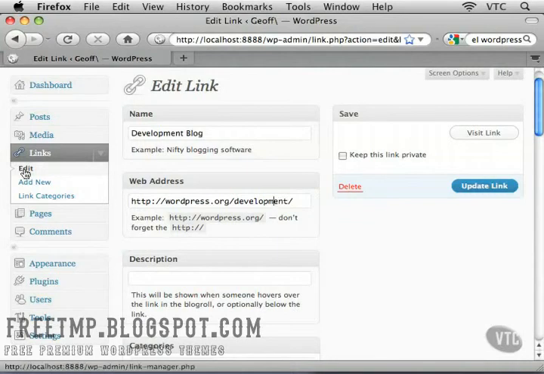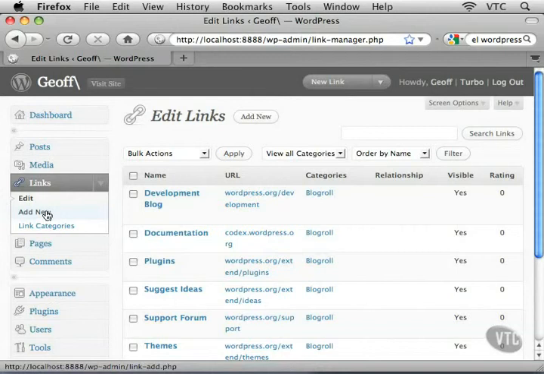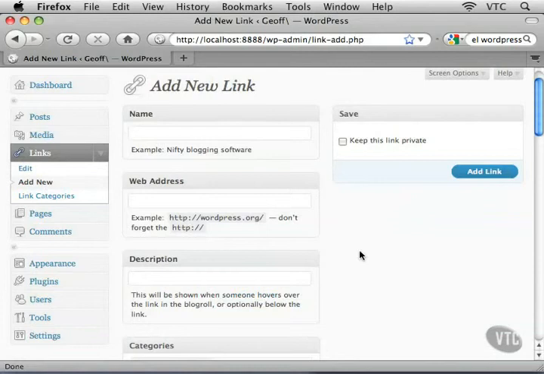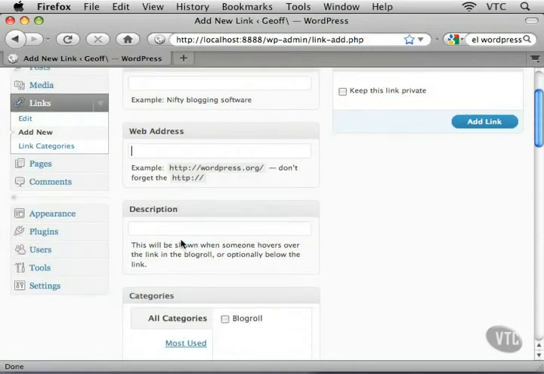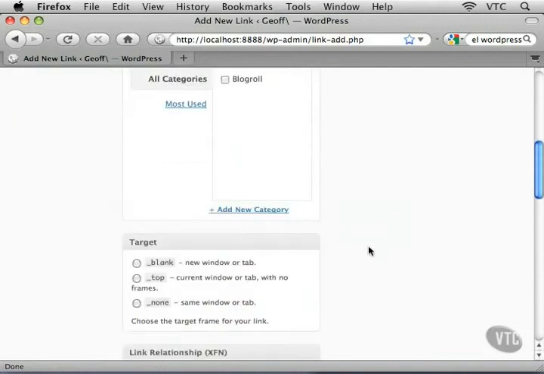At any point, you can go back to your edit screen just by clicking on Edit over on the left-hand side. That takes us back to where we started. The other thing I can do is add in a new link if I wanted to. I'll go ahead and do that. I'll click on Add New, and that'll bring us into a screen very similar to the one we were just in, but now instead of editing a link, I'm adding a whole new link. Once again, I would add in a name here, add in the web address for the link, insert a description if I want, and set a category for that particular link. There's a few other options down here as well.